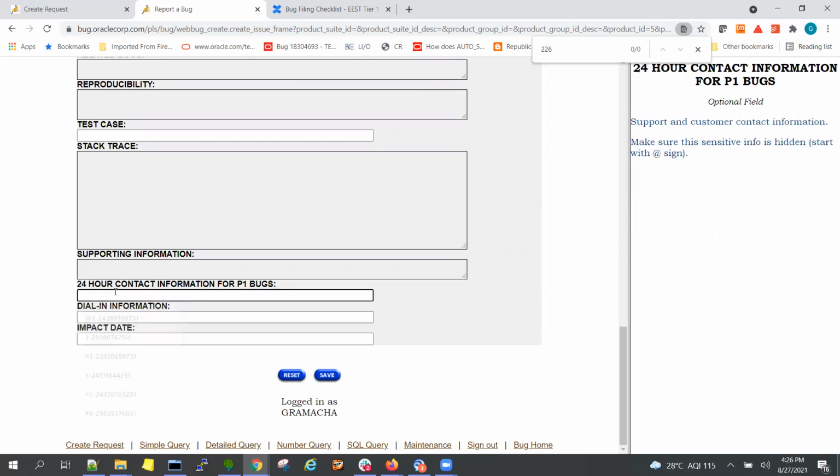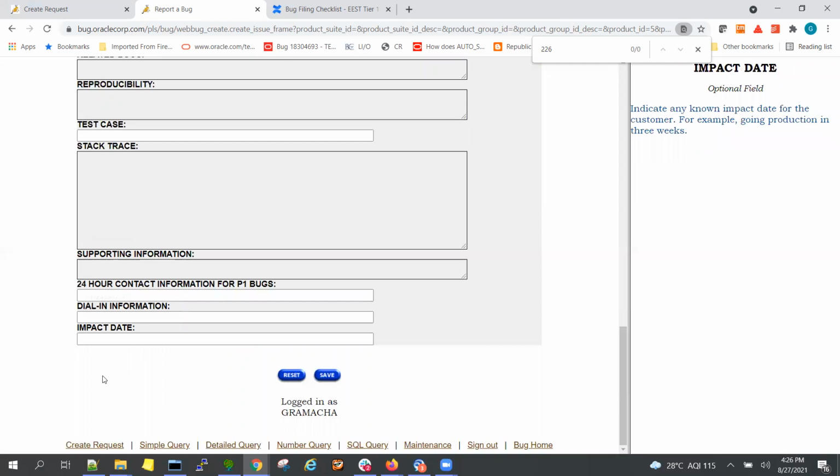And for contact information, just give your contact and impact date. Dial-in is if something is required, like an IST number or something, how to reach you, you can give. It's not that they are going to disturb you every time, but it is on a proactive note, because you are the filer. So it's always good to give your information because you know the details of what it is based on your analysis. So in case anyone wants to reach you out, they can reach you.